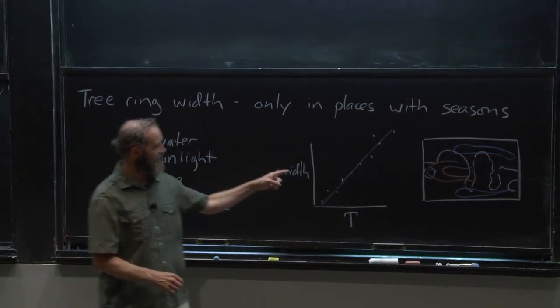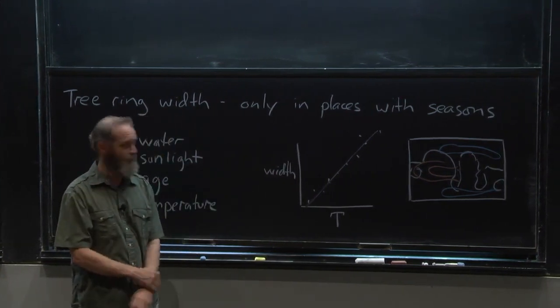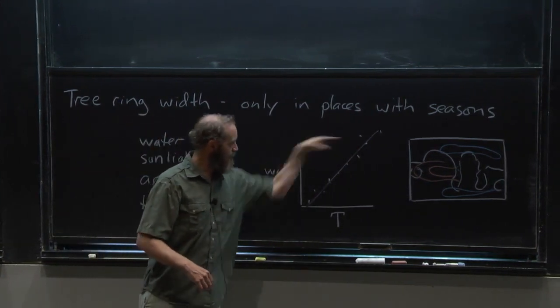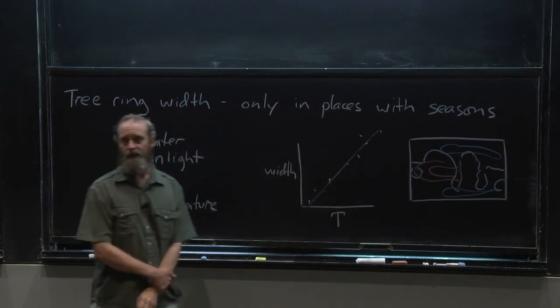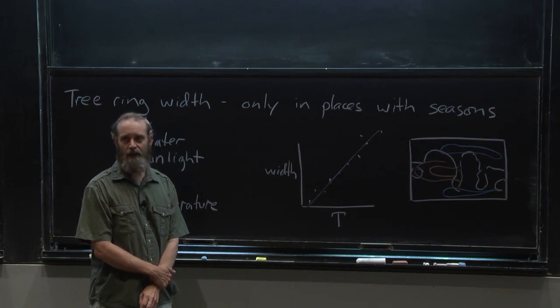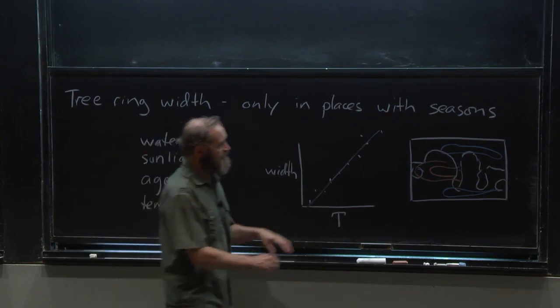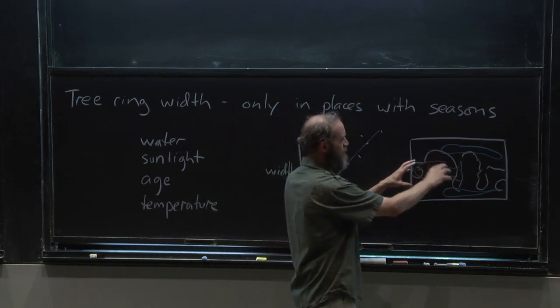And that can give you a calibration that you can then project further back into the past to say, well, if the width was here, then using that same calibration, the temperature must have been there. And then the way noise is further reduced is by looking at spatial patterns of these records from all around